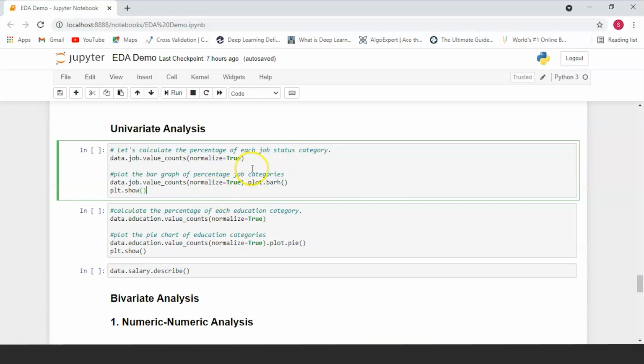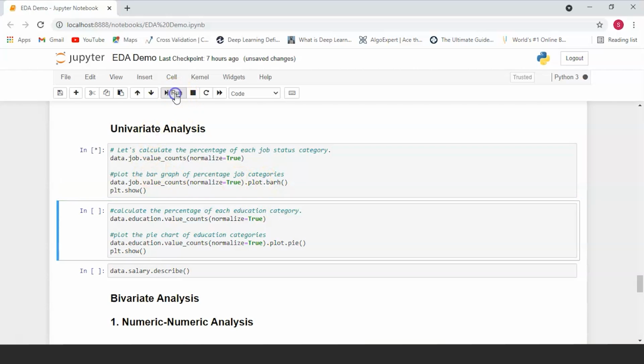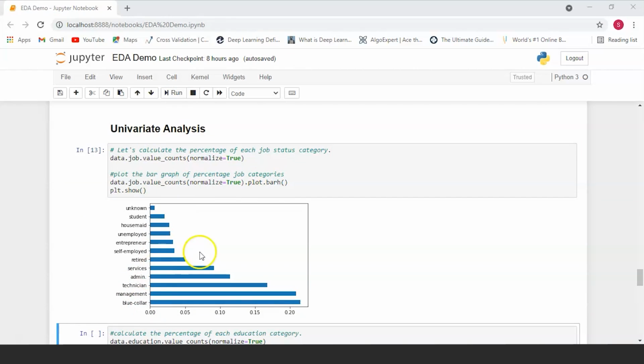So we're going to start by doing this for the job status column in our data set. So over here, what we're going to be doing is we're going to be looking at each different type of job that a person does. We're going to add up unique instances and then we're going to normalize it. And we're going to plot this in the form of a histogram. So here you go. Now looking at this bar graph, you will immediately come to know the different occupations that various people in a market analysis dataset perform.